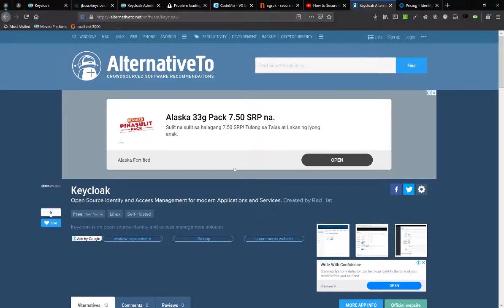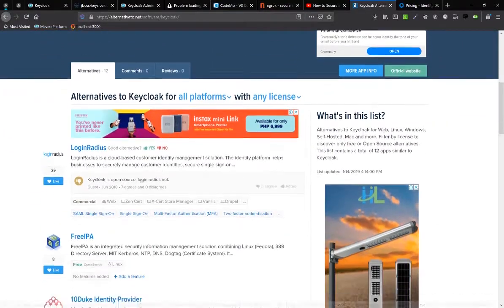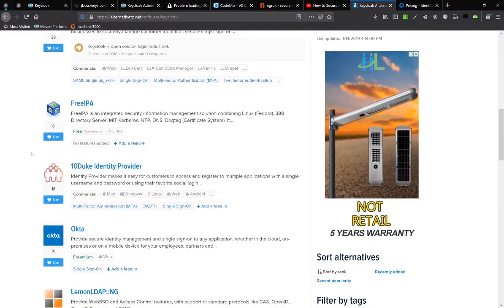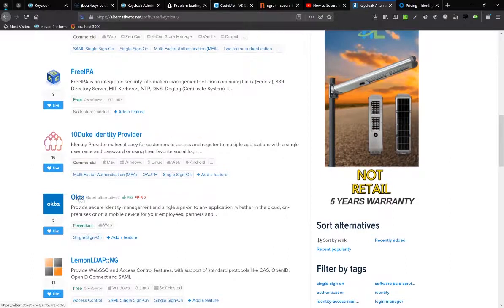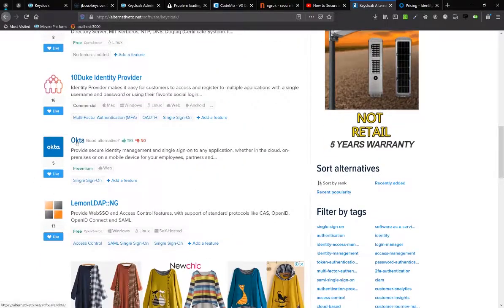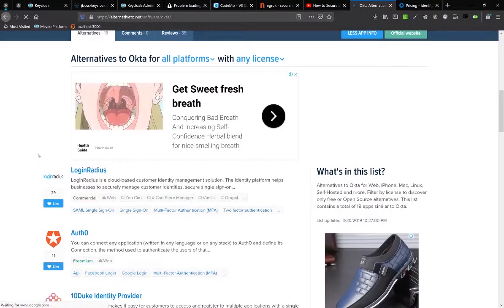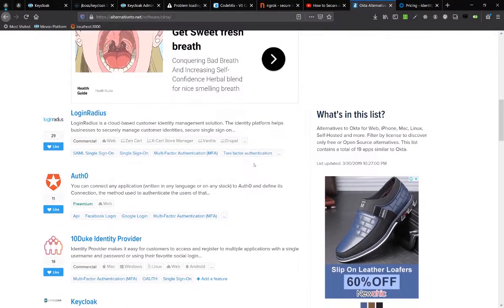alternativeto.net, there are several alternatives in the list. And I think Okta is one of the popularly used, especially for Spring developers. If we click Okta, I think there are others like LoginRadius and Auth0. Both are popular. What I like about Keycloak is that you can download it, you can run it in Docker,